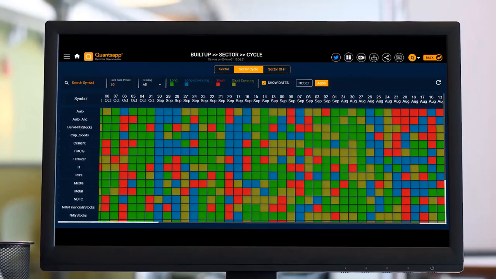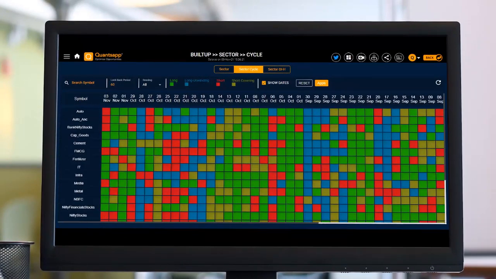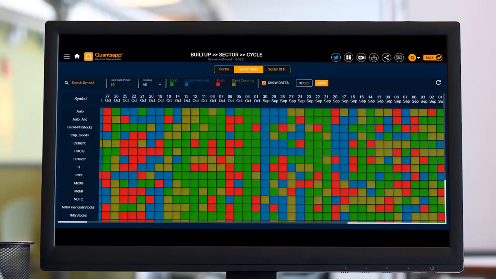From 27th of August up till the current day, which is 3rd of November, the capital goods sector as a whole has just witnessed 2 short build-ups. The dips in the sector are only due to the long positions getting unwound.